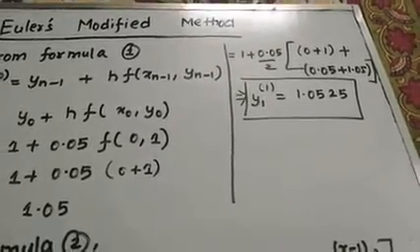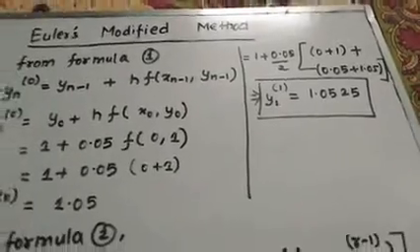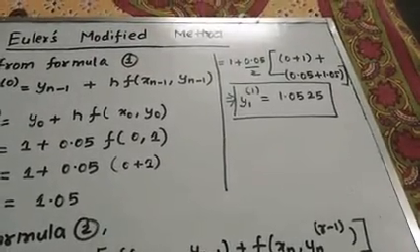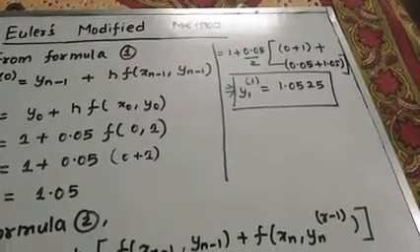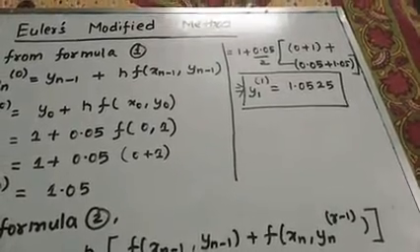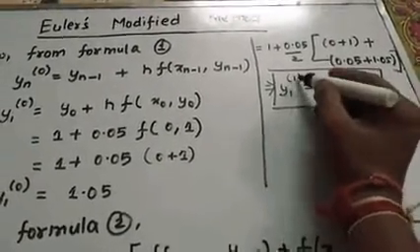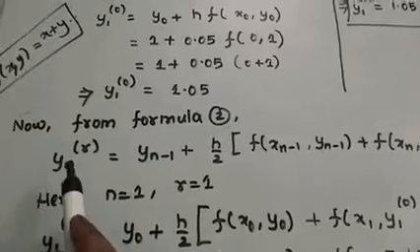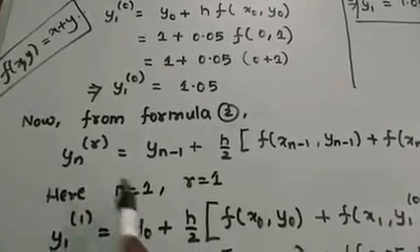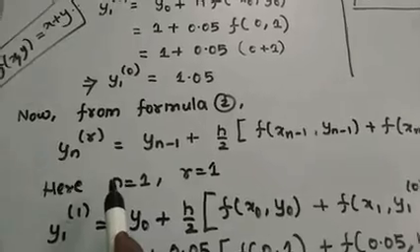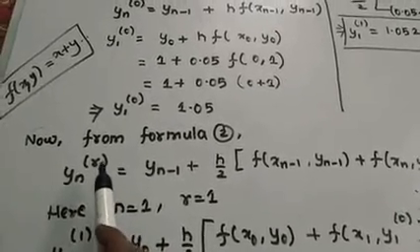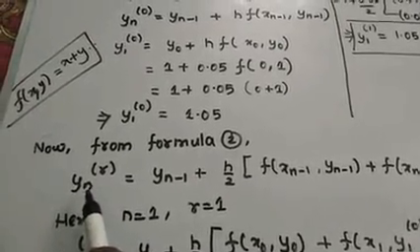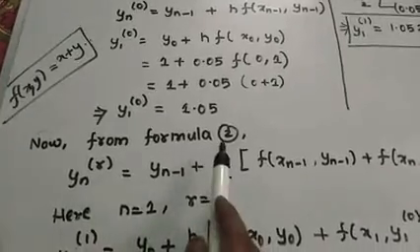Now this modification we will continue until we get two consecutive modification values the same. Until that step we have to proceed. That means now we have to find the modification value of y1 at stage 2. For this same formula we have to find the modification value at stage 2. That means putting n equals 1, which will be fixed because we are finding y1, and second stage of modification, that means r equals 2. So in place of n we put 1 and in place of r we put 2 in formula number 2.